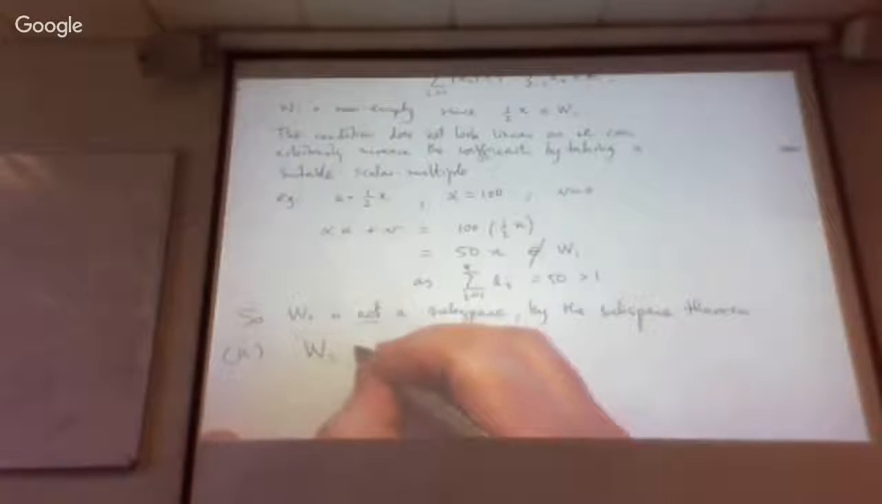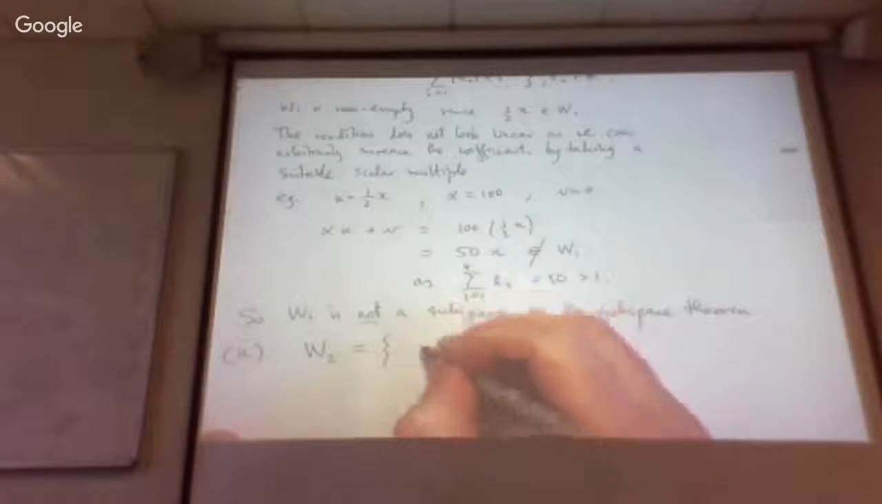Okay, so now we've got another example. Maybe, odds on, we have a suspicion that the second one is going to be a positive example, since the first one was a negative example. It's not guaranteed, of course, but maybe we've got an inkling that that might be the case. So W2